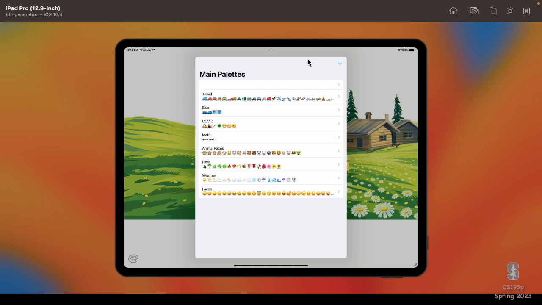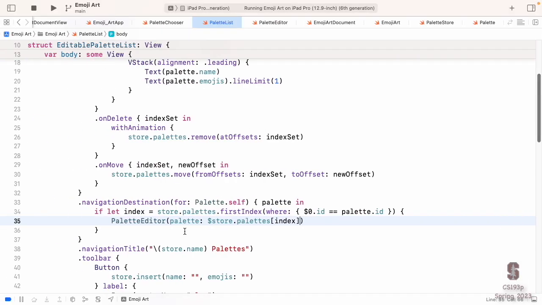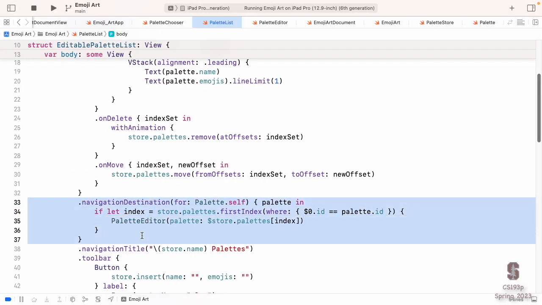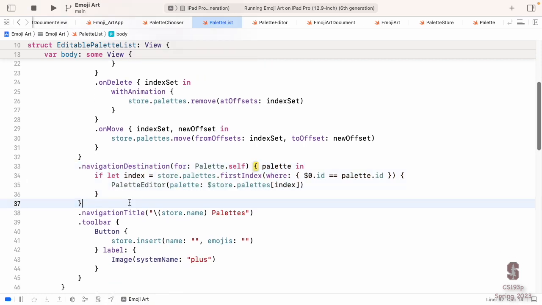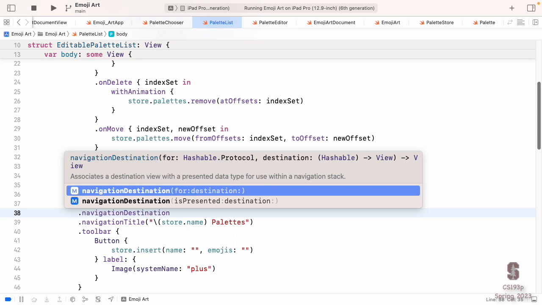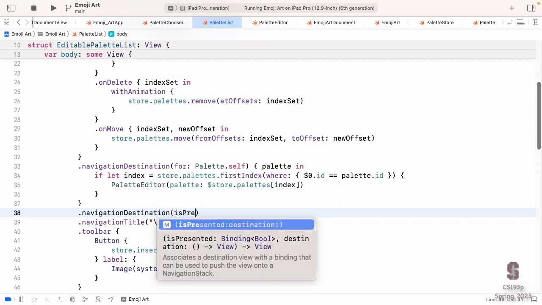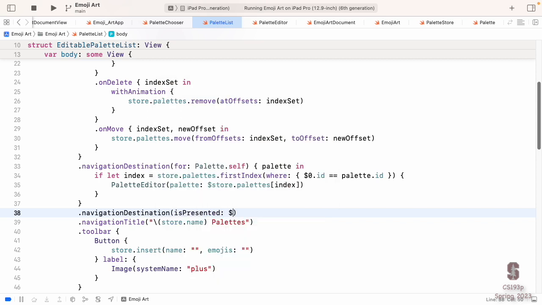Now, what about this new opening this up automatically? That requires a little different navigation destination. So here's another form of navigation destination. And this one is, instead of saying navigation destination for, you're going to say navigation destination is presented, and you have to give it a binding.